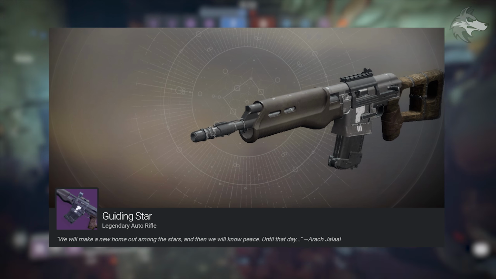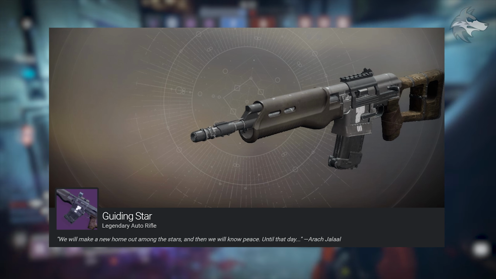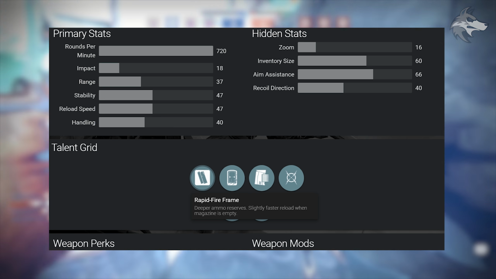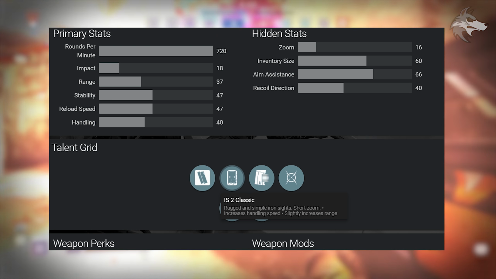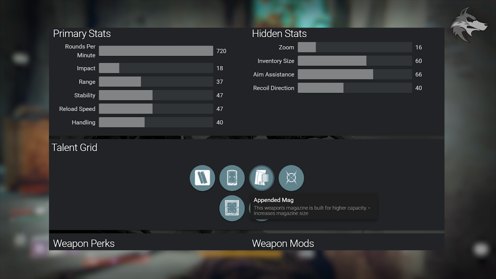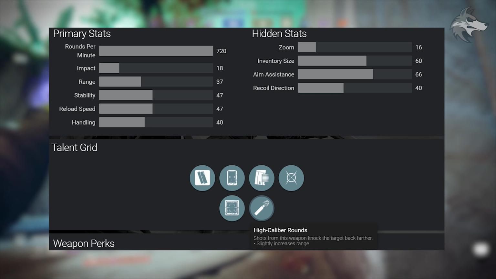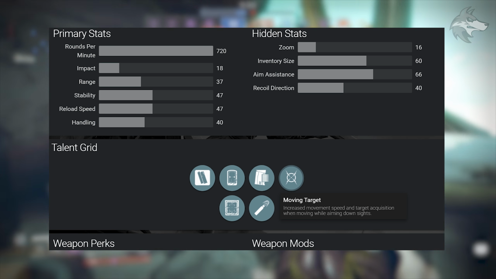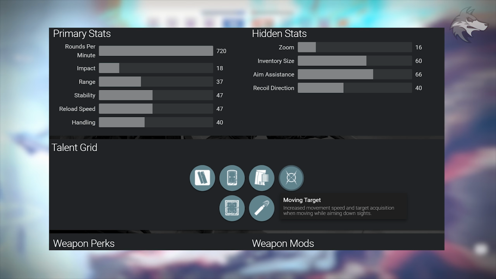Another pretty exciting weapon from Dead Orbit would be the Guiding Star auto rifle. So this one's 720 rounds per minute. I believe that's the same as the Scavelock archetype. You've got IS-2 Classic as well as Model 8 red sights. We have appended mag to increase the magazine size, or we have high caliber rounds, once again, can be a little bit more obnoxious in the Crucible, and finally moving target, increased movement speed and target acquisition when moving while